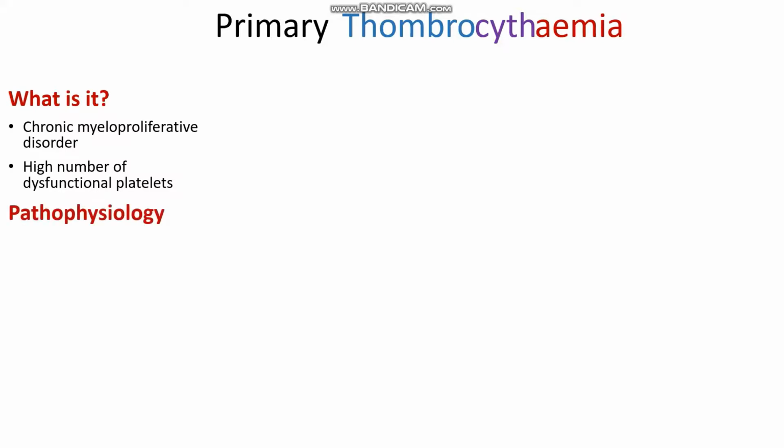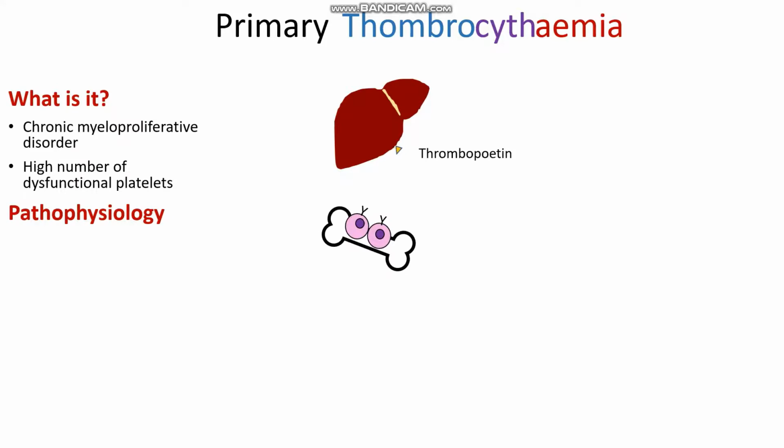So how does this occur, and why do we have too many platelets? Well, how do we normally produce platelets? Usually we get the production of thrombopoietin from our liver, which will travel in the blood and bind to, again, the JAK-STAT pathway, activating it and causing our hematopoietic stem cells to differentiate into platelets in a much more controlled fashion. In primary thrombocythemia, we have the same mutations that we had in primary polycythemia, where we get the mutation in the JAK-STAT pathway, again the JAK2 V617F mutation, which leaves the JAK-STAT pathway constantly on,